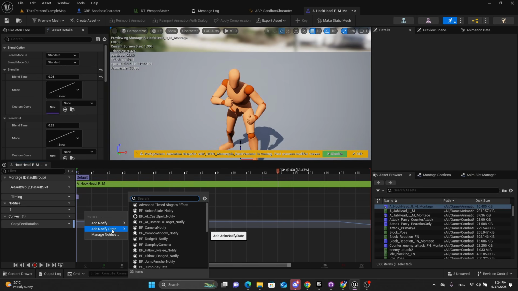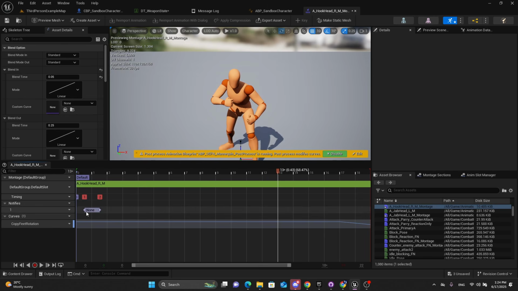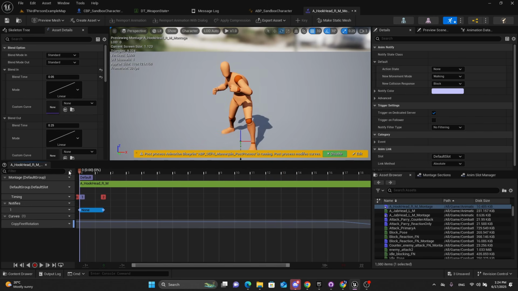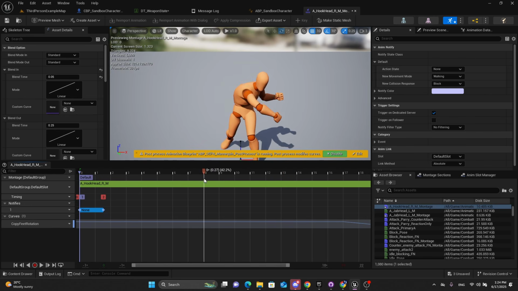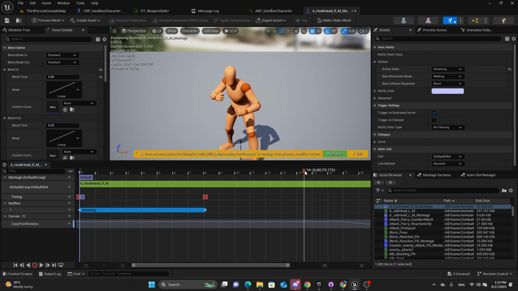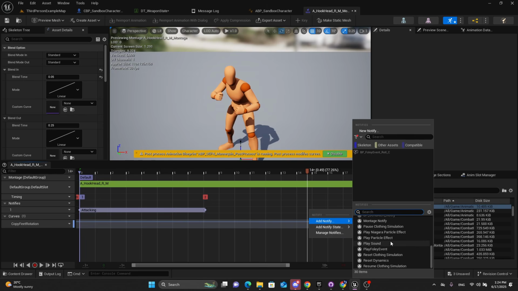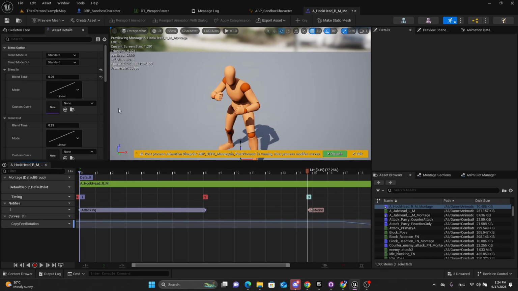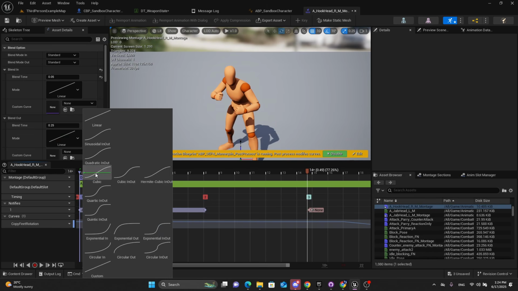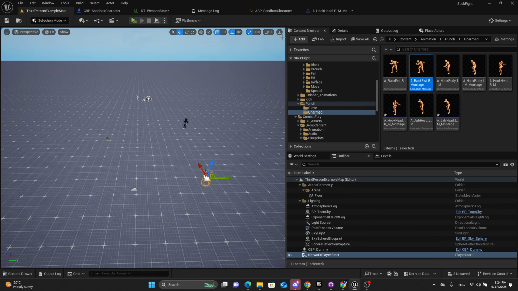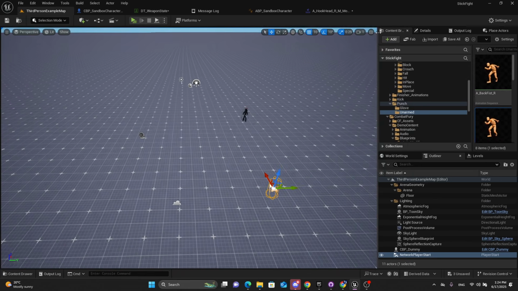So next, now we need to set up our action state, and right when it lands, I want to stop this, say that I'm attacking, and then before we go to idle, I want to call montage notify, and the blend will change it to cubic. Let's give it a try, and I want to show you something